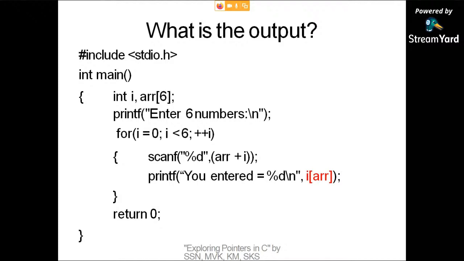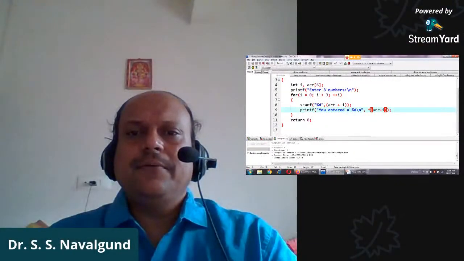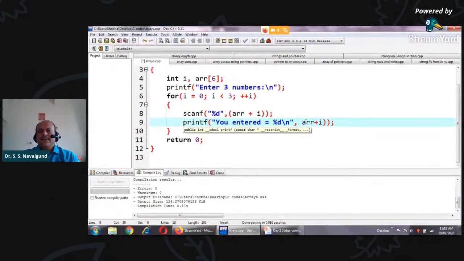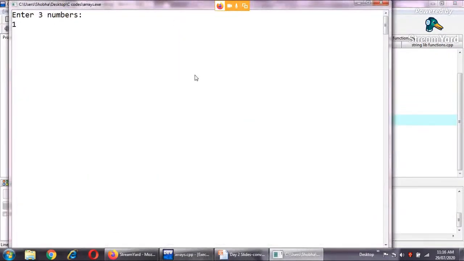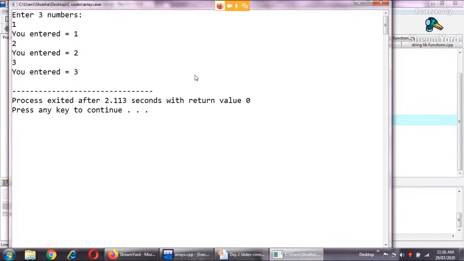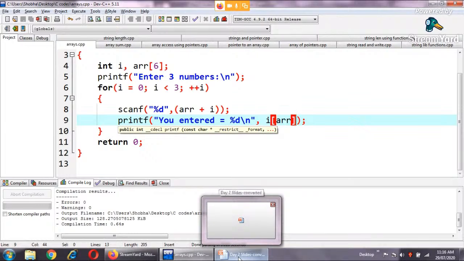Please note that it is going to be the same. Well, let me just very quickly look at the answer. Instead of saying ARR of I, I'm going to say I of ARR. So if you just try to compile it and then run it, you still get the same output. This is happening because of one very important